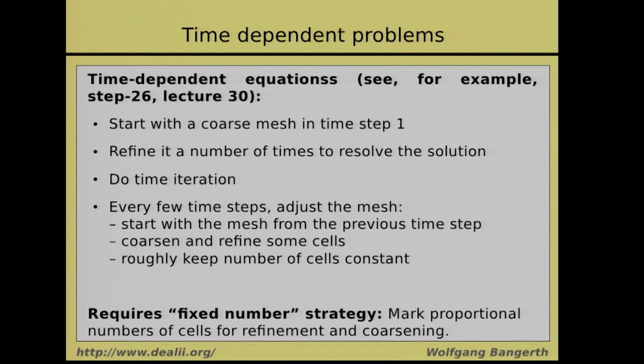One of the things that's important in this context is that you cannot simply say, for example, refine 30% of the cells and coarsen 5% of the cells, because that would mean that your mesh in time step 10 is going to have roughly twice as many cells as what you had in time step 9. And the same thing, of course, will happen in time step 20 and time step 30. So you can't make the mesh finer and finer unless there's a good reason, because the solution becomes more and more complicated. But if you have a problem where features just propagate through your domain, then what you would like is that the number of cells stays roughly constant from each time step to the next, even though you adjust the mesh. And the way you achieve this is that you use this fixed number strategy, but